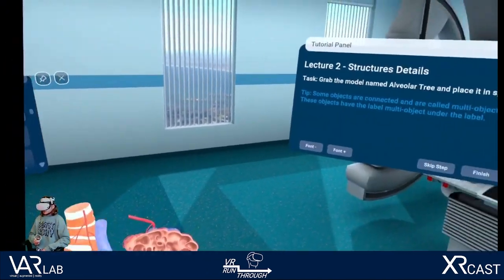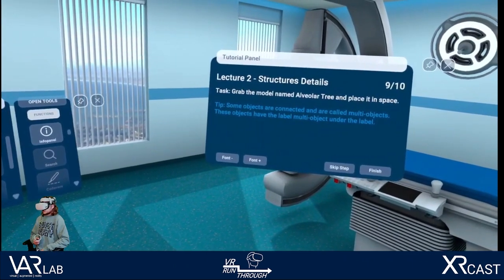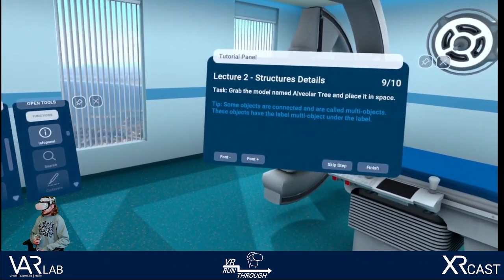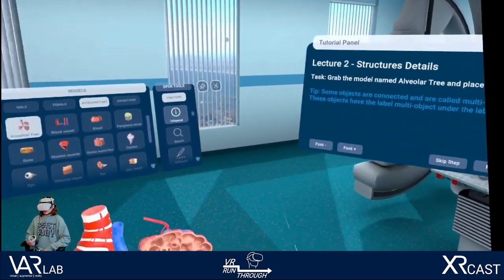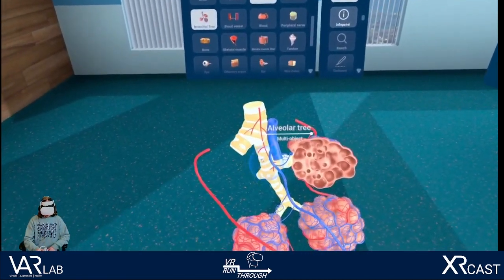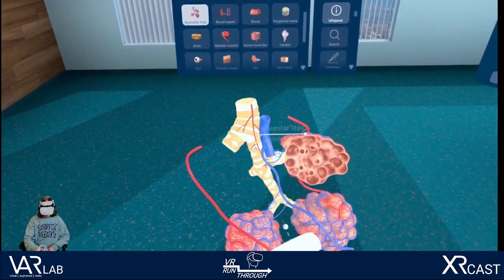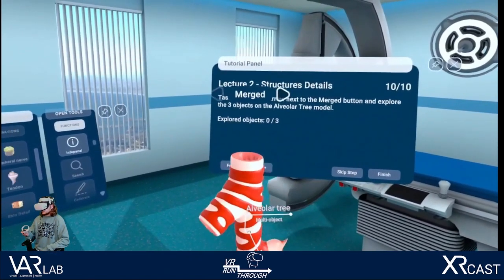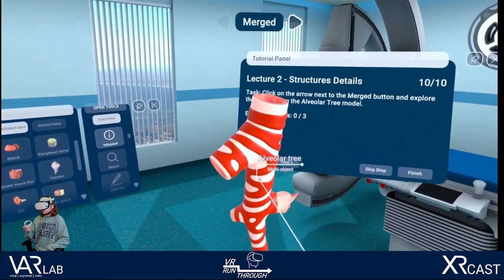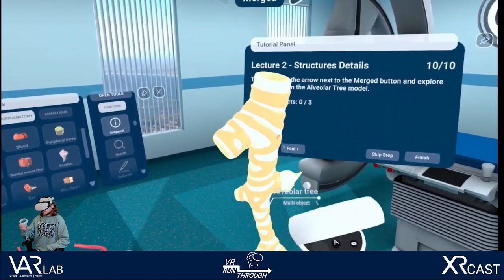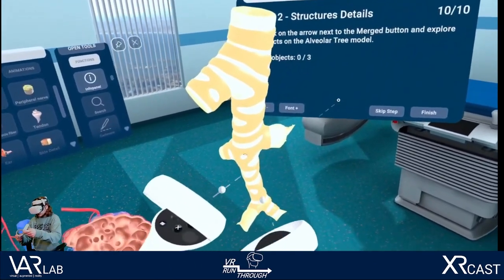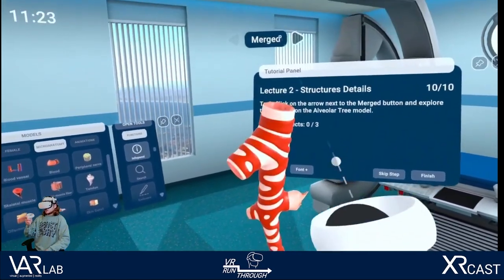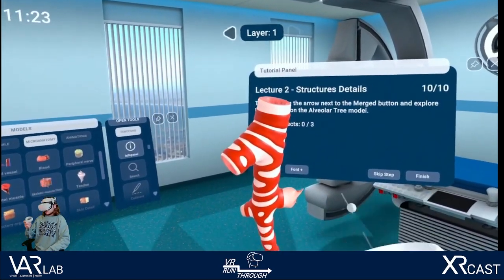Tip, some objects are connected and are called multi-objects. These objects have the label multi-object under the label. Okay. Yeah, and this is called a multi-object, so I can click on the arrow next to the merged button and explore the 3 objects on the alveolar tree model. Okay. So you see they said that this is a multi-object there. And if I click this, it will lead me through